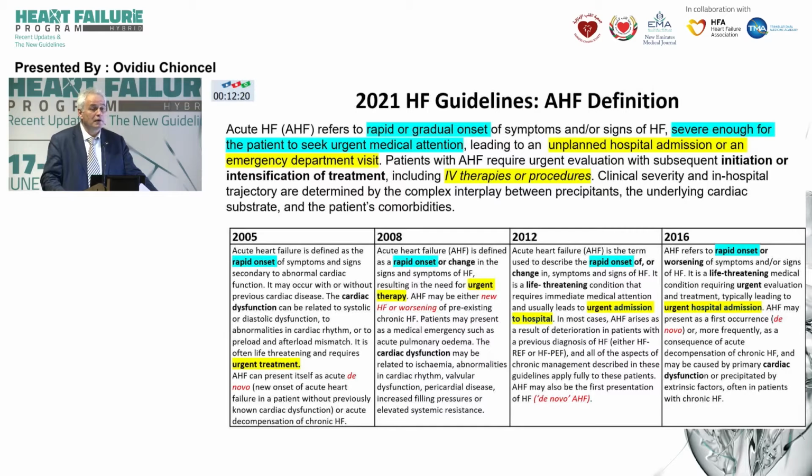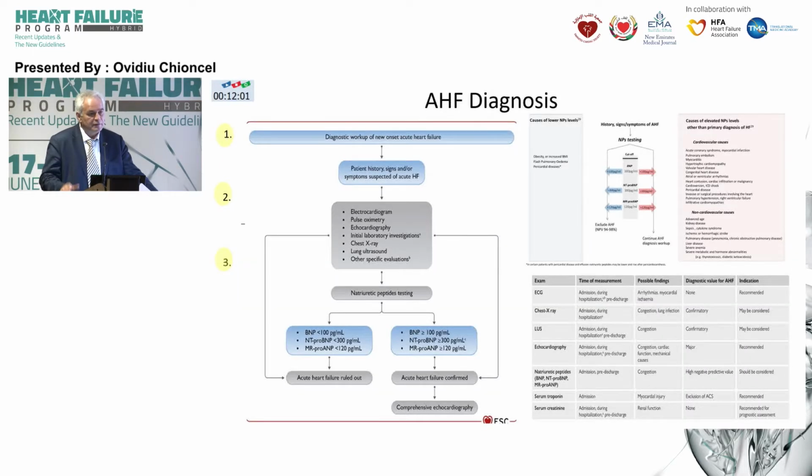That's why current heart failure guidelines clearly mention unplanned, because acute heart failure is an unplanned event: unplanned hospital admission or emergency department visit. In terms of diagnosis, in the current 2021 ESC guidelines, the diagnosis is similar to the universal definition of acute heart failure. And being a syndrome, we start with pre-test probability, with Bayesian theory saying that we have